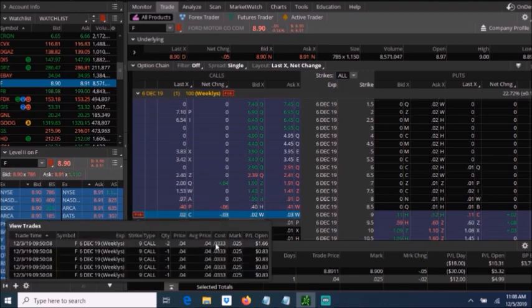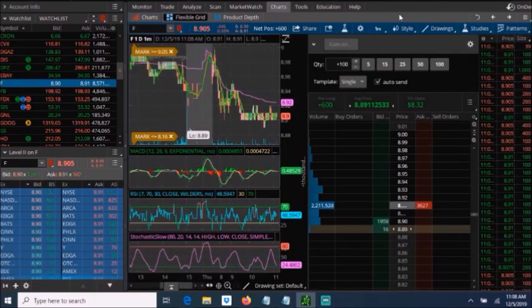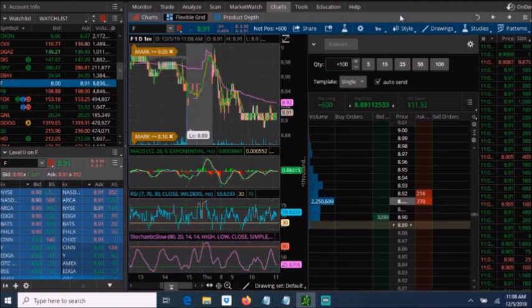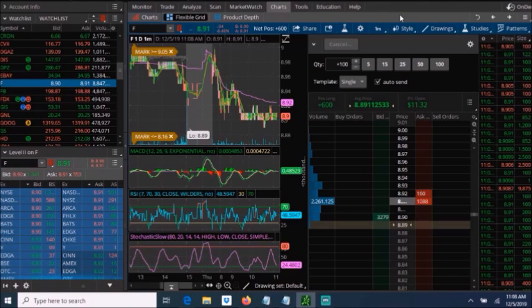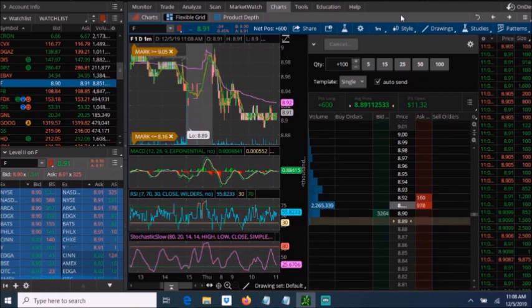Then I got $4 for them. So 6 times 4 is 24. So I collected $24 yesterday to give somebody the right, but not the obligation, to buy my shares at $9. That is the strike price. So if Ford by tomorrow reaches anything above $9, then my shares would be taken away at $9 if I